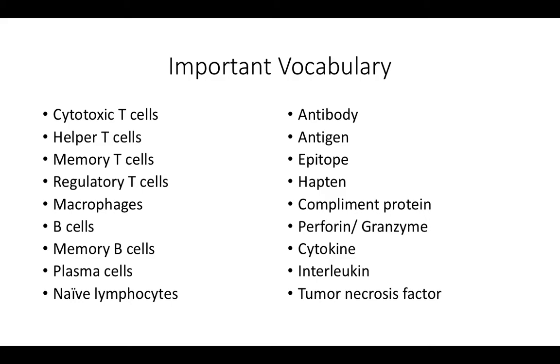That epitope will then come into contact with a T helper cell, which will secrete interleukins, and in response to the interleukins, those B cells are going to start cloning themselves. So you'll get plasma cells from those B cells, and you'll also get memory B cells. The plasma cells that come from those cloned B cells are going to be responsible for the production of